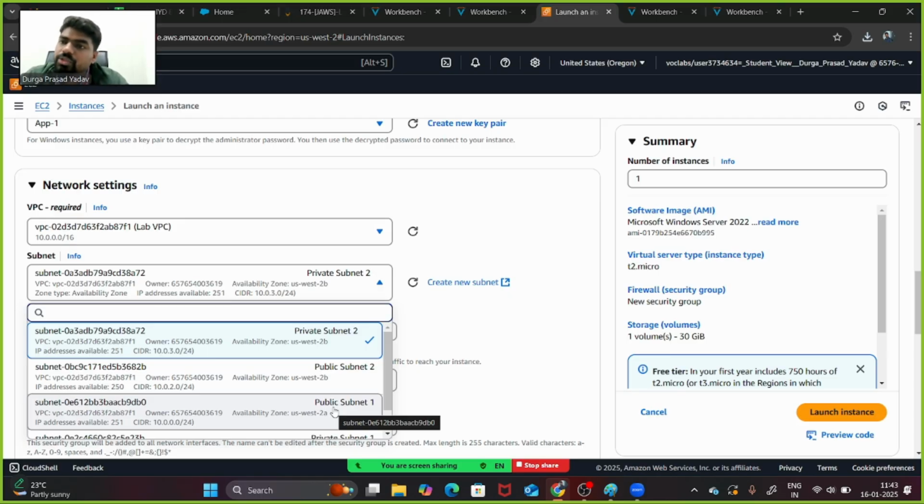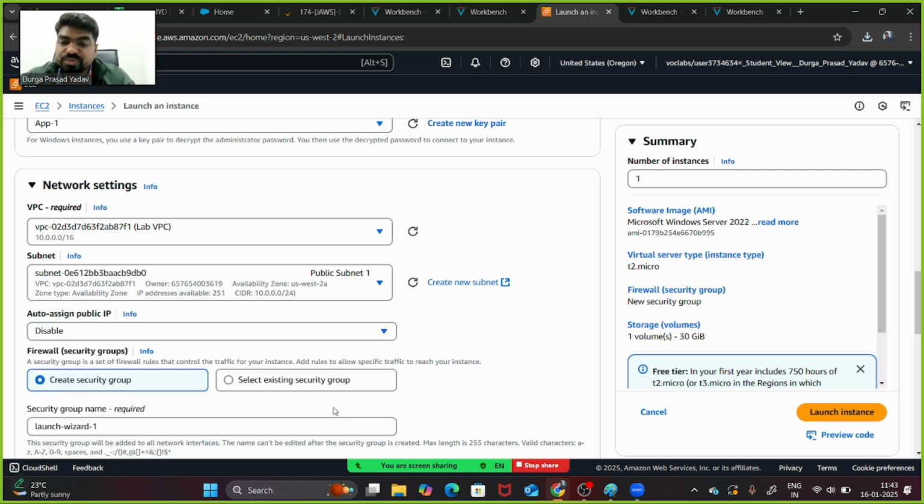Load balancer you can use for local traffic balancing, and you can do it for global traffic balancing. So you can use it in a public subnet and a private subnet both, but right now we are going to use the public subnet. And the auto assign IP should be enabled.